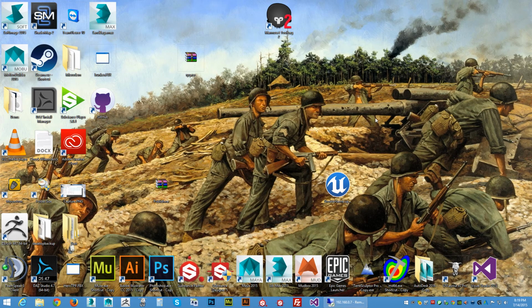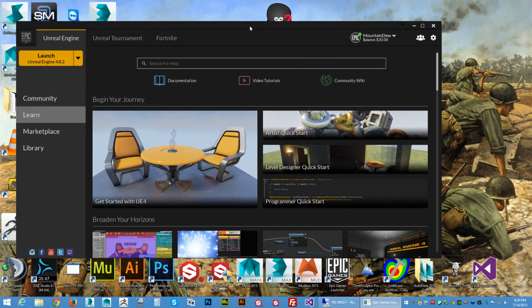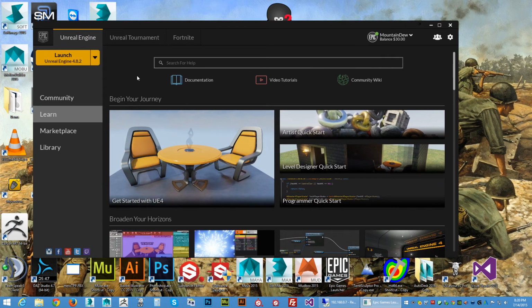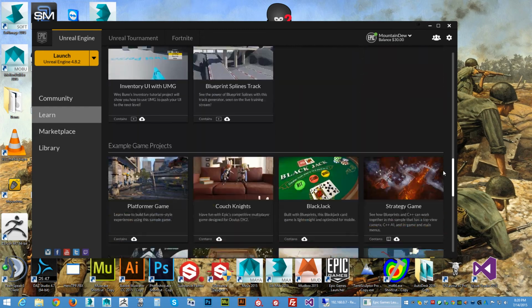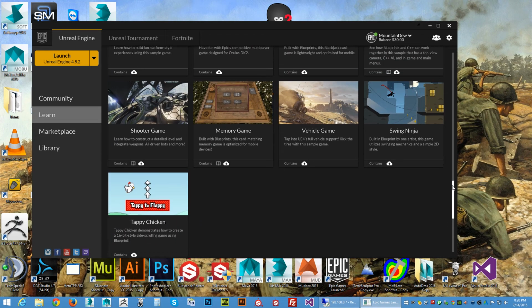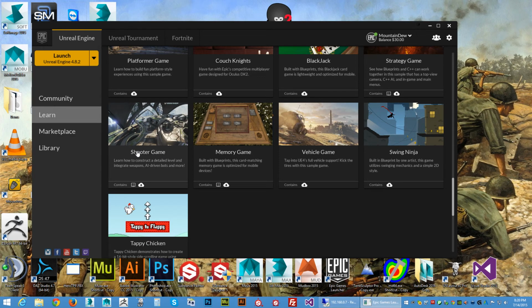So first thing, you're going to need several different things. Of course, you're going to need the UE4 engine, and this is going to be based off of UE4's multiplayer shooter, and you can find that under the Learn tab, all the way at the bottom, right there. So you're going to want to download this,